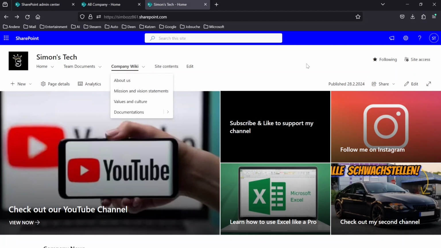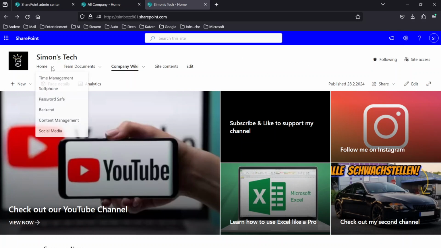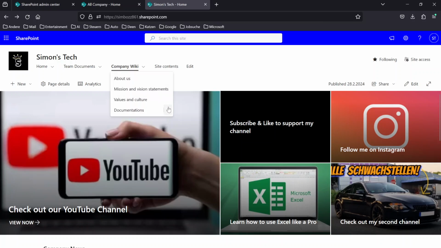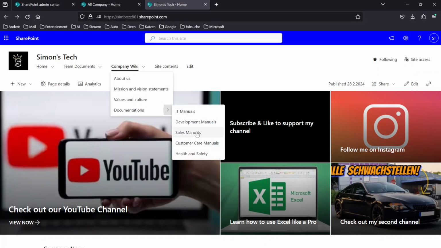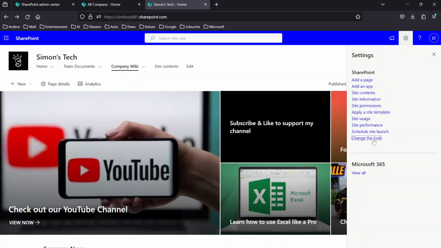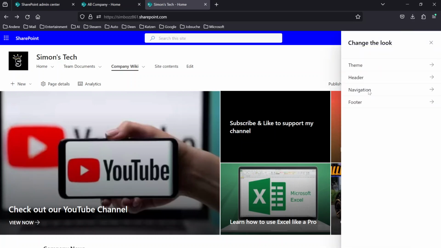So as you can see here, I've included a navigation on top. Now there is a difference. As you can see here, these headings and navigation points are sort of separate from each other, right? There is a company wiki with some sub parts, some sub navigation parts included within it, right? So you could also change the look of how you want the navigation to look. If you want to go with a mega menu, for example, because you only have 2, once we hit save,